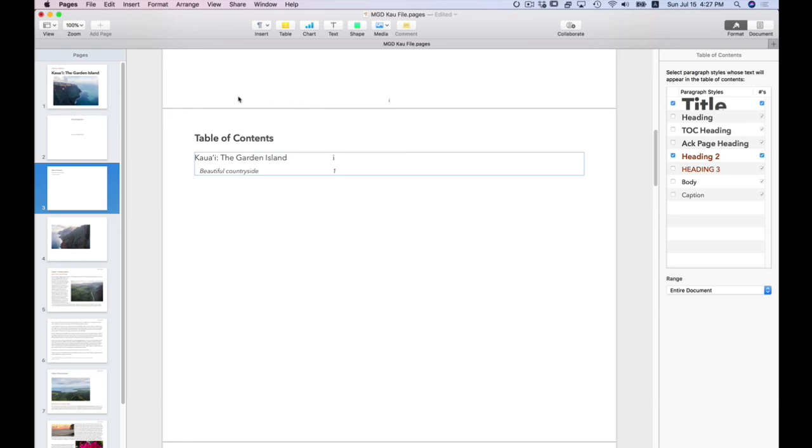But if you look over to the right, you'll see what paragraph styles it used to generate this table of contents. All right, I do not want it to use title. I do want it to use heading. I do not want it to use heading 2. And I do want it to use acknowledgement heading page. So now you saw how it shifted around and used the correct paragraph heading styles to create and generate this